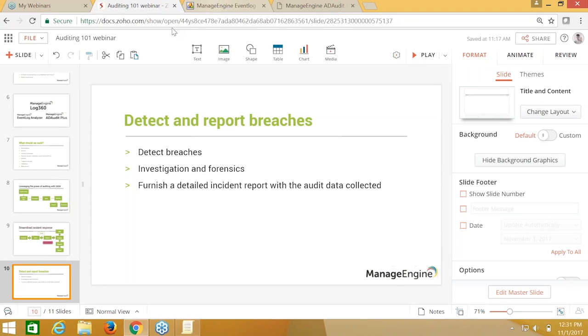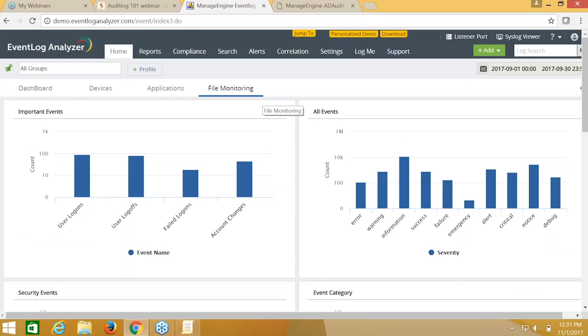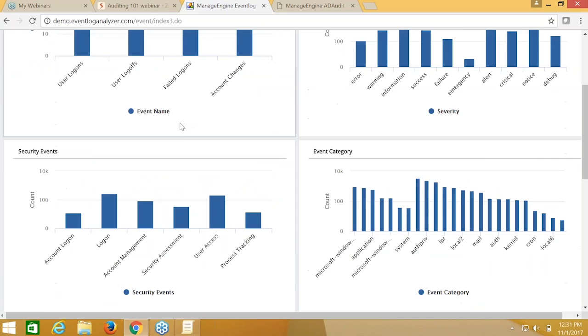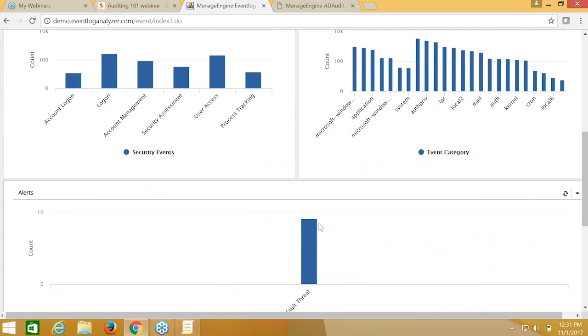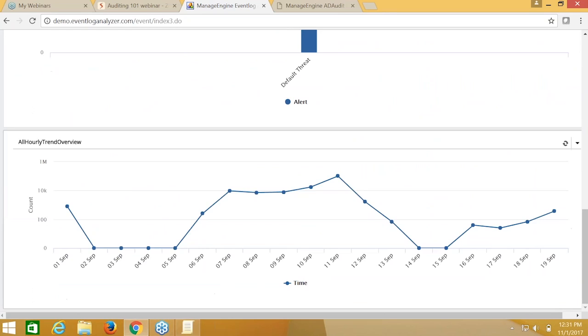So like I said, Log360 integrates Event Log Analyzer and ADAudit Plus. I'm just jumping to the Event Log Analyzer console here. And what you see immediately is the dashboard view of Event Log Analyzer, where you can get a quick idea of the important events occurring in your network at a single glance. You also get the amount of alerts being triggered and a trend of the events happening in your network.